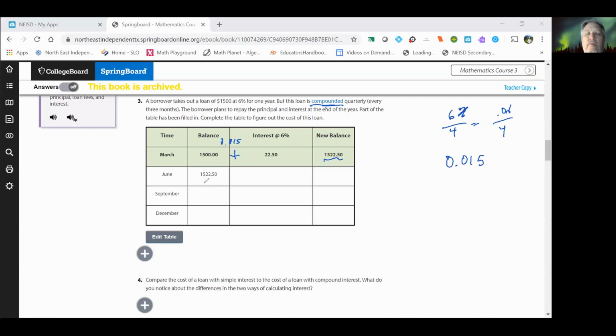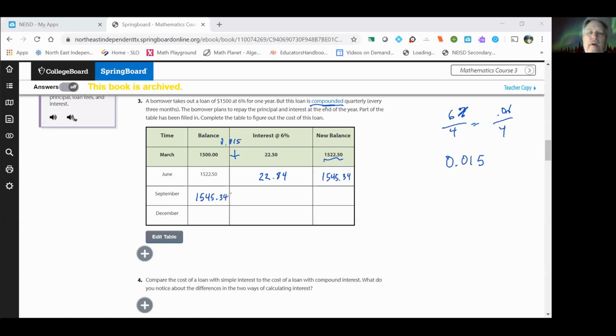So now at the end of June, we've gone 3 months, we're going to multiply that times 0.015, and we're going to get 22.84. It really came to 22.8375, but I'm going to round it to 22.84 because we're dealing with money. And then we're going to add the balance, 1,522.50, and that's going to get us 1,545.34. And whatever this is here, it's going to go over here,